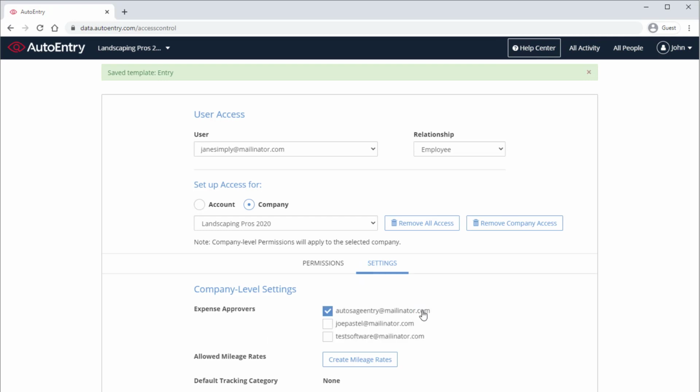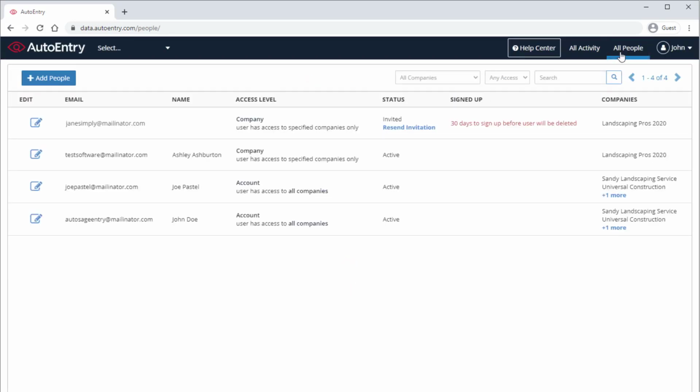Where necessary, this user can submit expense reports to, create mileage rates that they can use, and even default tracking categories per user where applicable. Once all those changes or permissions have been set, we can click on the All People option on top right, which will bring us to the list of users showing the current user and those who have yet to accept